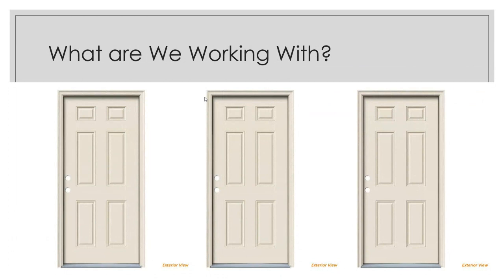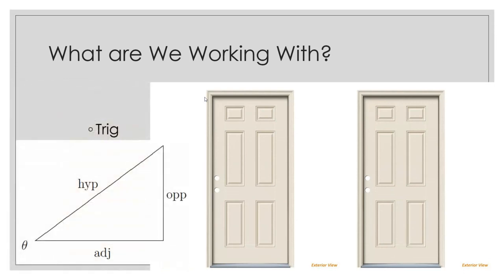So everybody get ready with your screaming emojis, okay? Because we have some horrible things that we're going to be working with, okay? Behind these three doors are the stuff of nightmares, the stuff that students scream as soon as they see them. They just want to give up right away, okay? So are you ready with the first door? Behind door number one is trig. We're going to be working with trig, okay? Hypotenuse, the adjacent, the opposite, the angle, sine, cosine, tangent, and the Pythagorean theorem to be specific, okay?